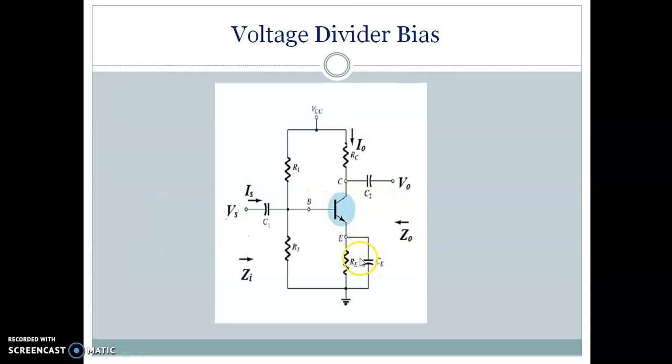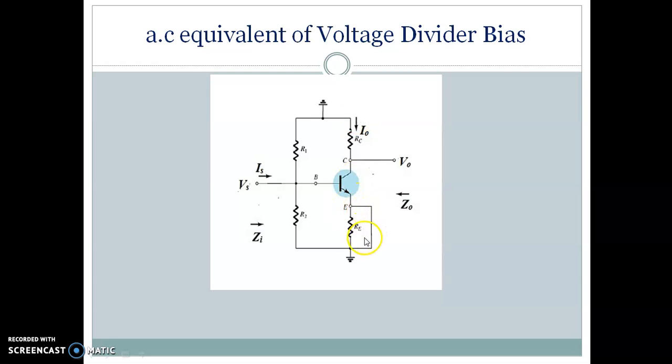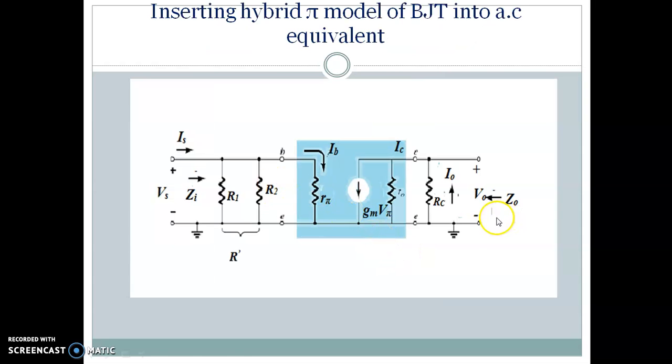Next, we include this bypassing capacitor C. So now when we draw the AC equivalent circuits, we know that the coupling capacitors, wherever you find the capacitors, will be shorted, because for an AC signal, capacitors provide the least impedance path. So when you draw the AC equivalent circuit, you can see that your capacitor is being shorted. So RE parallel short means RE is being connected to the ground. That is what I said: for AC signals, the AC signal will bypass this emitter resistor and go through your CE capacitor. So your RE will be bypassed, or RE does not have any effect.